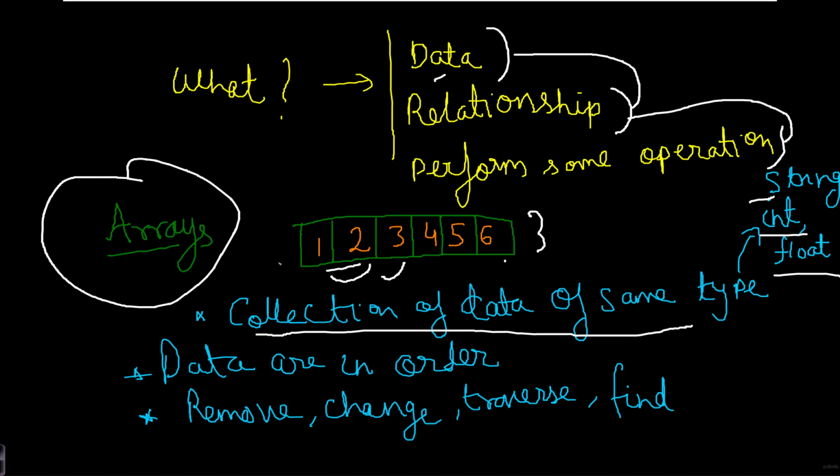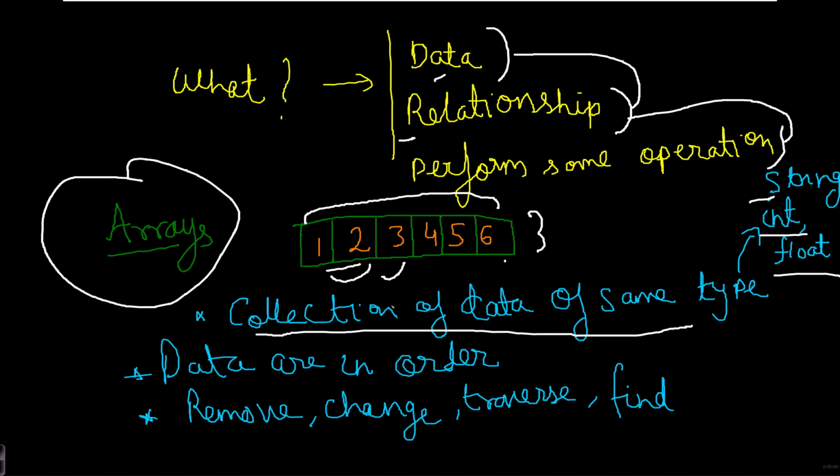Here you can see, if you were to sort this array, well, this array is already sorted, as you can see 1 2 3 4 5 and 6. So here we can maintain the proper order of the data. We don't want to store data in a random fashion, we want some order in it, because some types of algorithms perform better when the data are in sorted order, and some types of algorithms do not require sorted data, but there should be some order in the data that is stored. That is what is meant by the relationship among the data.